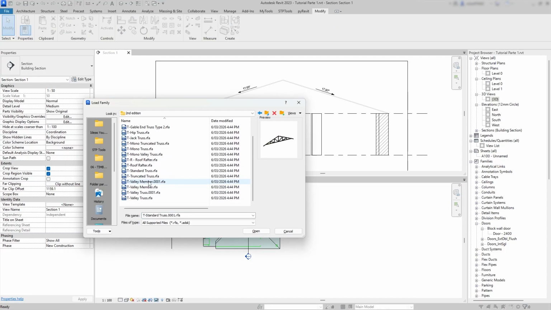All right, back in our main model, I'm going to load these custom truss families. Right now, I've got around 15 different ones, maybe even more by the time you're watching this, so if you